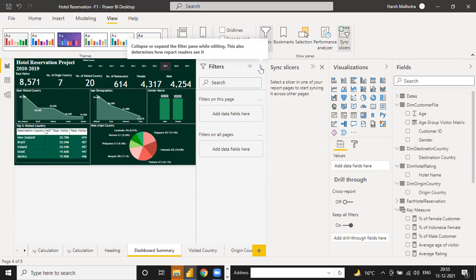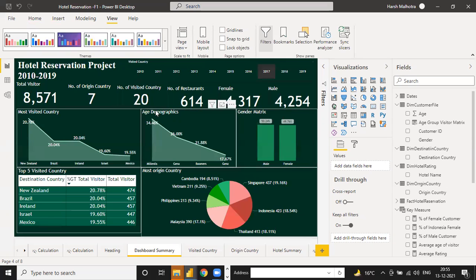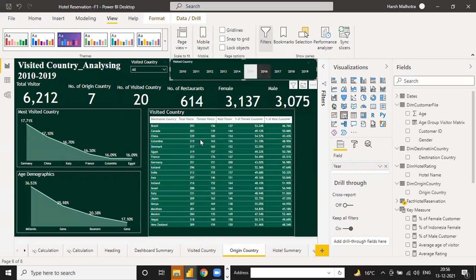Because it takes longer and it is very confusing the first time. Suppose if I select any slicer here, then go to the next slicer and then rearrange together. Rearrange means this slicer will also work with that slicer. If I change anything here to 2016, it also reflects in the dashboard summary as well. Okay, so these are totally interlinked. Yes, Power BI is interlinked together.